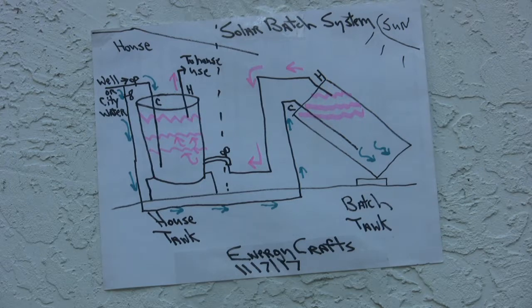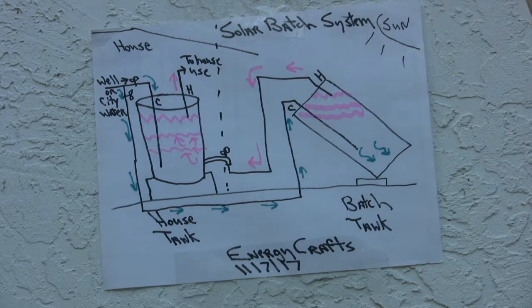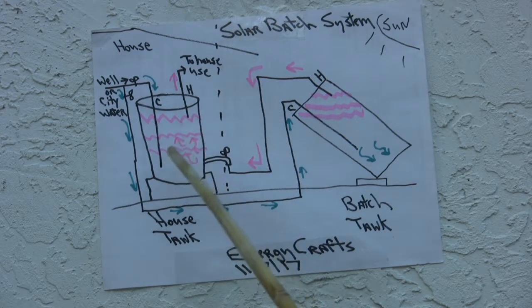as a booster. Normally, let me put it this way. Normally the batch tank is used as simply an assist or a booster or a pre-warmer to pre-warm water before it goes into your regular hot water tank, so that the electric elements in this would not have to work as hard to heat the water up. Since you might already be, for example, at 80 degrees or 90 degrees, it means that the elements don't have to turn on and burn electricity as long to get it up to, say, 100 if that's where you wanted it. Versus if